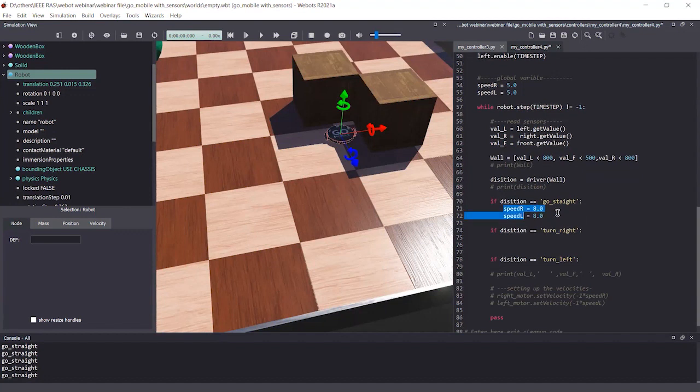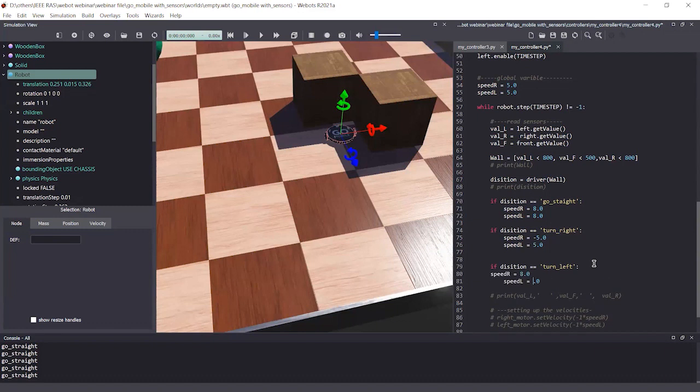In order to turn right, we saw that we need to set the right side value as a negative value. So instead of 8, I'm going to use 5. I think this will work. In order to turn left, same as this, I'm going to change the left side value to a negative value. So this is 5. So let's see.